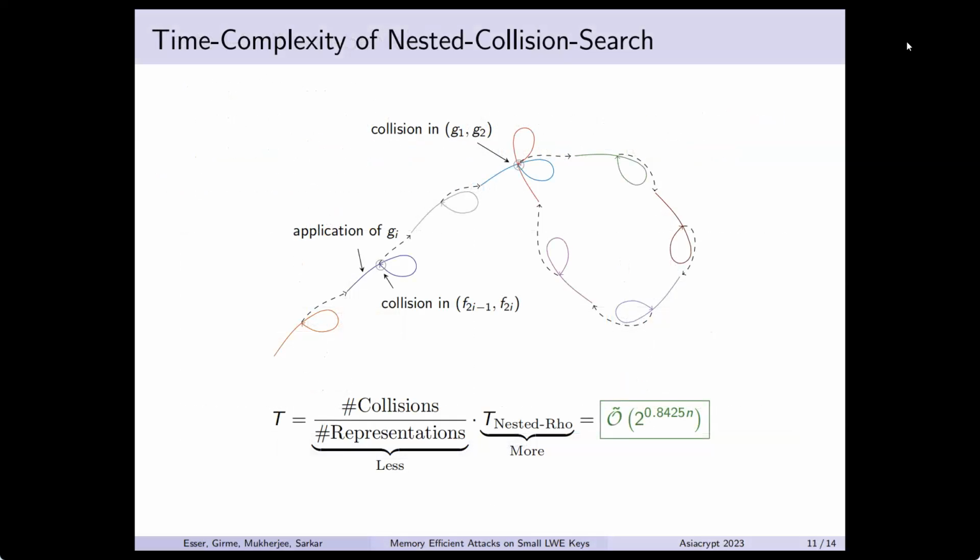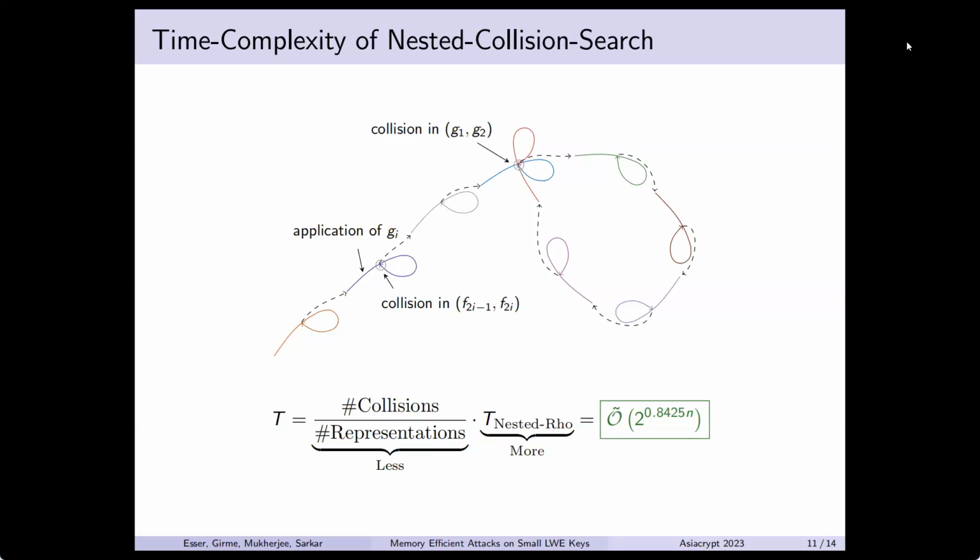So depicted by a picture, these smaller rows are basically the application of Gi. And whenever you are calling a Gi, basically you are calling a collision search between the corresponding Fi, and this large row is therefore a collision search between G1 and G2. And the point where this large row is intersecting itself is the point where you have matching in the lower L bits as well as the upper L bits.